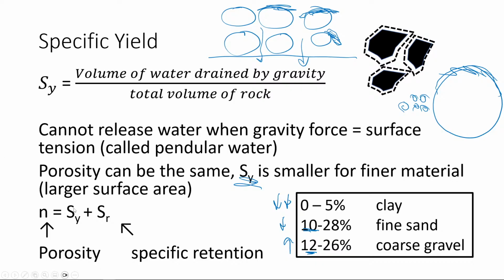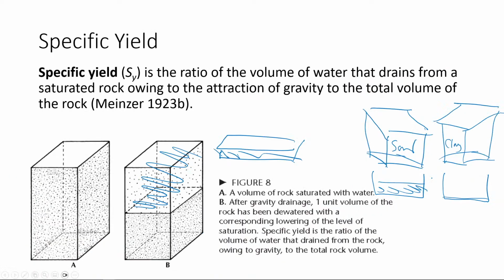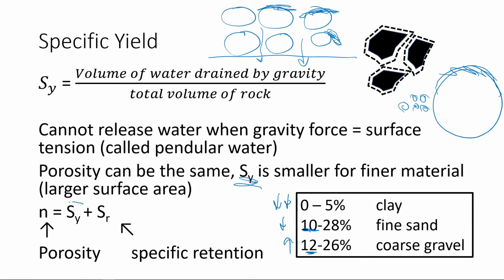Porosity could be equal to specific yield plus specific retention. Because remember, the pore space here, the specific yield, and the water that will be retained here, that will be your void space, because specific yield and specific retention will be the volume of void. That will be a surrogate to calculate the volume of void, because that's over the total volume of rock. So specific yield here, the volume